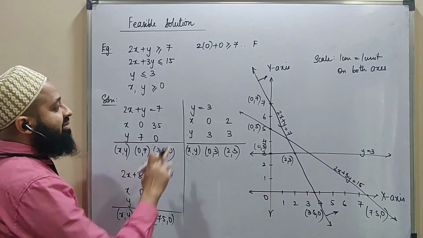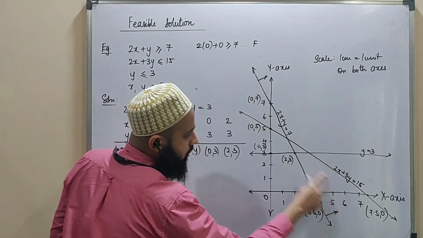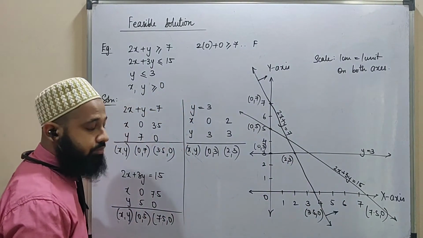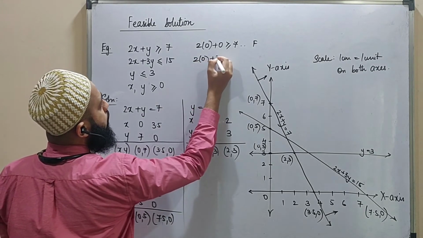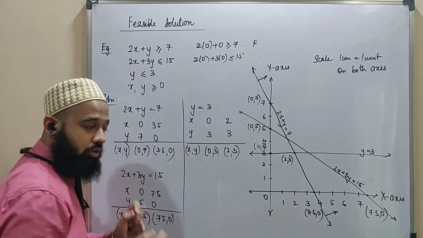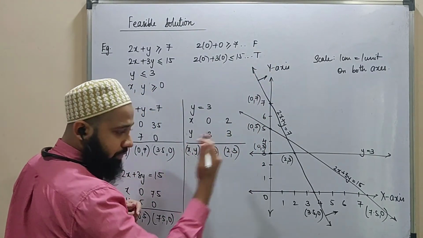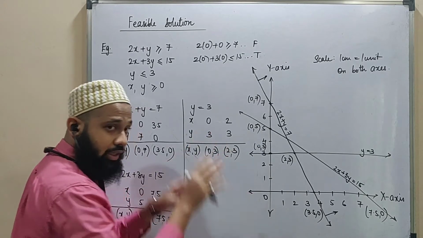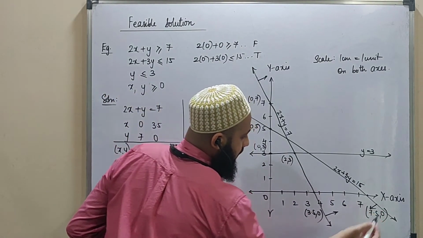Next we have, I'll choose the second line, which is the line with 15. So this is the line which is 2x plus 3y equal to 15. Again putting 0, 0, you'll get 2 into 0 plus 3 into 0 less than equal to 15. 0 is less than 15, which is absolutely true. So in this case it is true. And I will get something because it is true. So 0 satisfies the inequality, and therefore this is the correct region for this line.